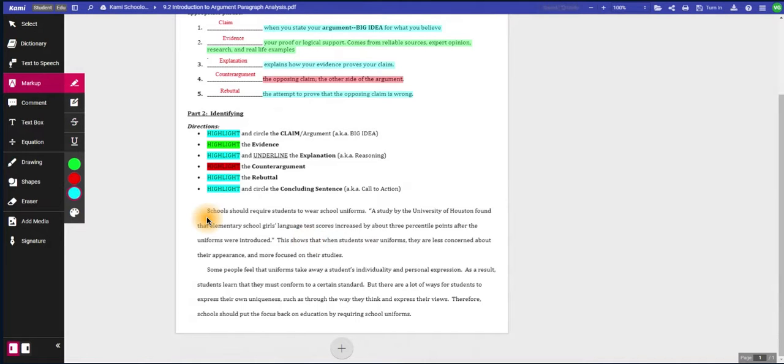Here I go. Schools should require students to wear school uniforms. A study, quote, a study by the University of Houston found that elementary school girls' language test scores increased by about 3 percentile points after the uniforms were introduced, end quote. This, right here, this quotation shows that when students wear uniforms, they are less concerned about their appearance and more focused on their studies. Some people feel that uniforms take